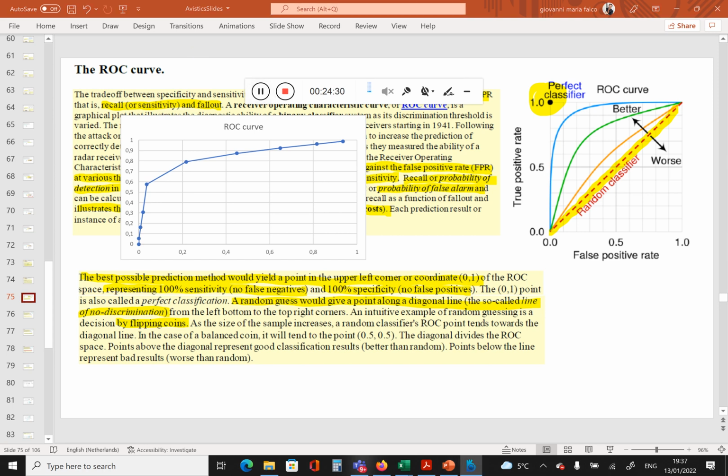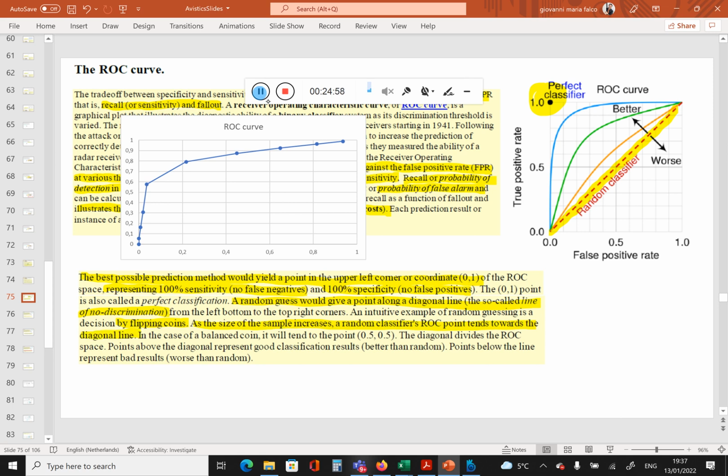So basically, because a test based on a coin flip will predict buy and not buy with the same proportion for people who are going to buy as well as those who are not buying, then as the sample increases, this line should approach the diagonal line. Okay,